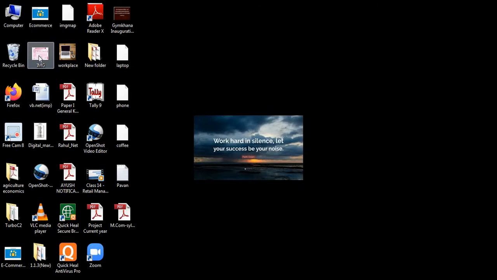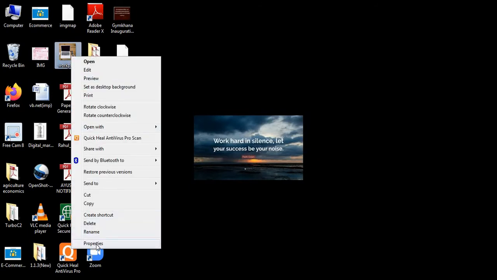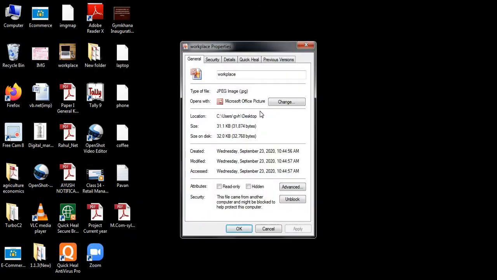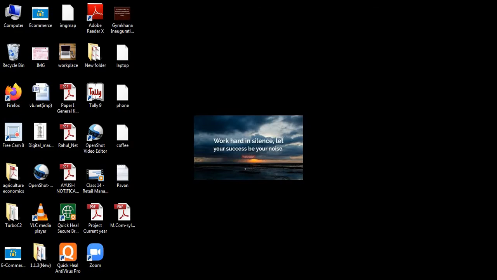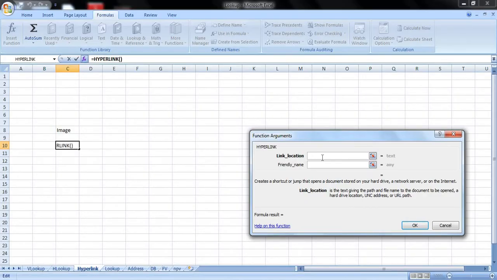Check out the property of it. In property, we will get the location of that particular image. Let me check for a particular image, check out the properties, and I'll copy the path of it. I'll copy the location of it. Right click, go to properties, and the location tab is available. You can copy that location and you can paste it here,